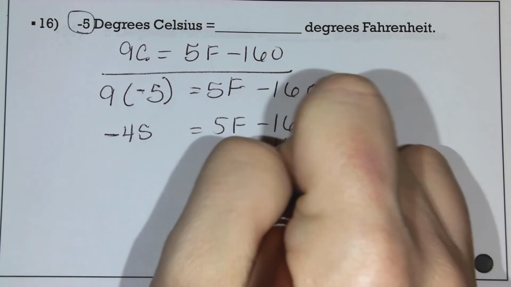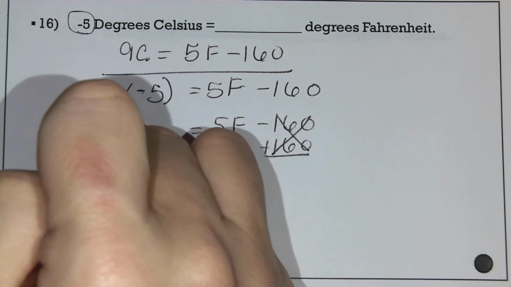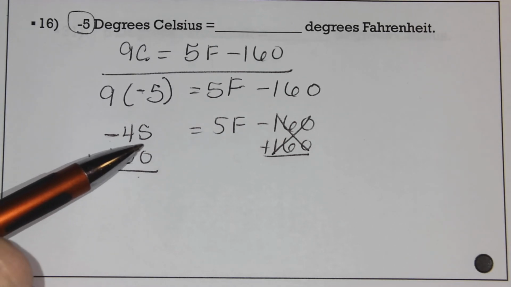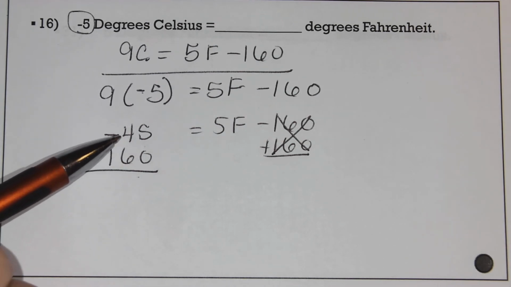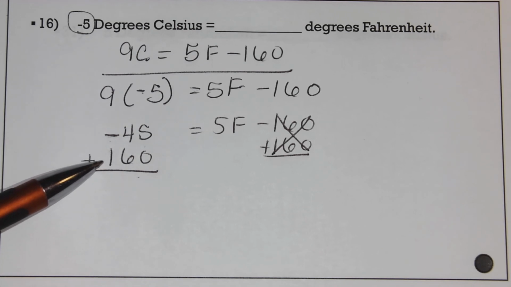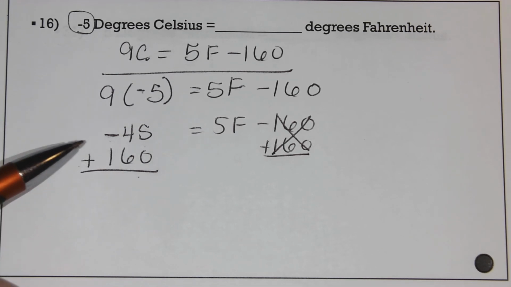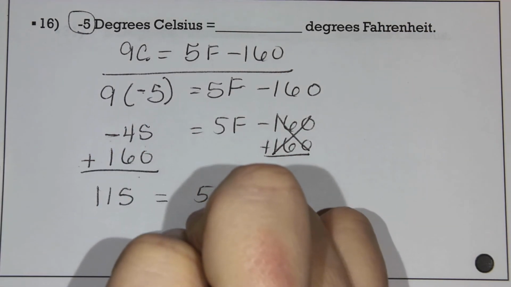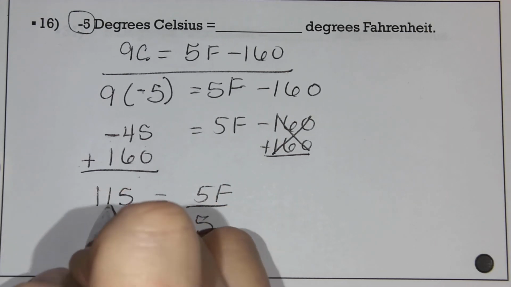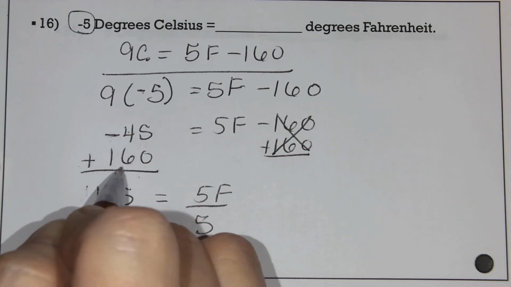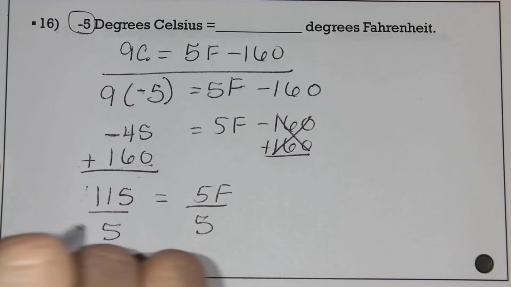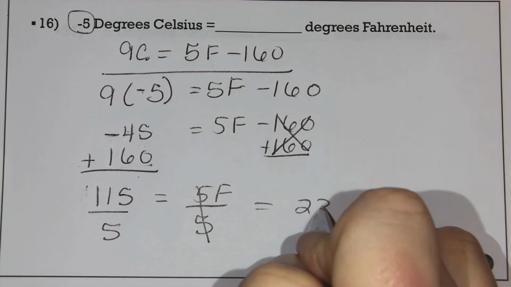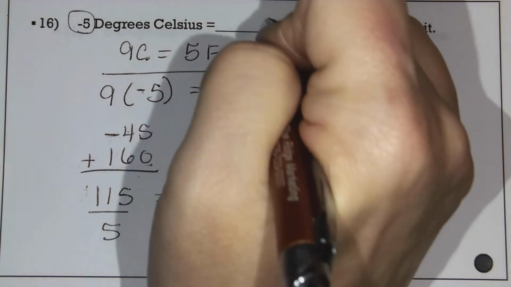Again, you're going to add 160 to each side. That's going to cross that out. Okay, so you're going to add 160 to negative 45. When you add a number to a negative, you're pretty much just subtracting it. 45 from 160. So that will come up to be 115. And then you're going to divide, and again it's positive now because you took 45 from 160. So 115 divided by 5 is you're going to have 23. So 23